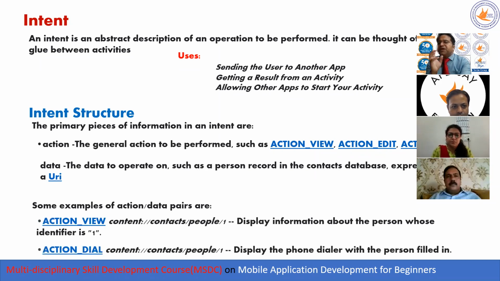For example, the moment you type in a mobile number, say I want to call Sandeep sir, I will type SAND and automatically it will show the options corresponding to it: Sandeep Singh, Sandeep Ranjan, like this. So how is it showing all this? Again, it is using the concept of intent.